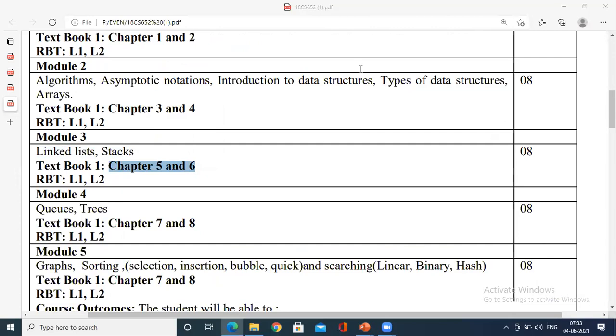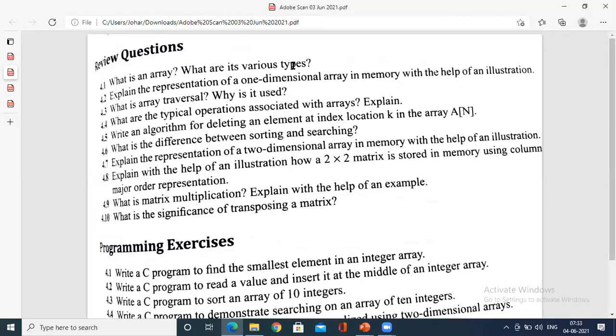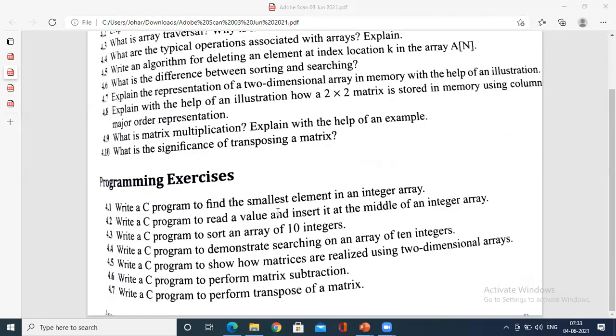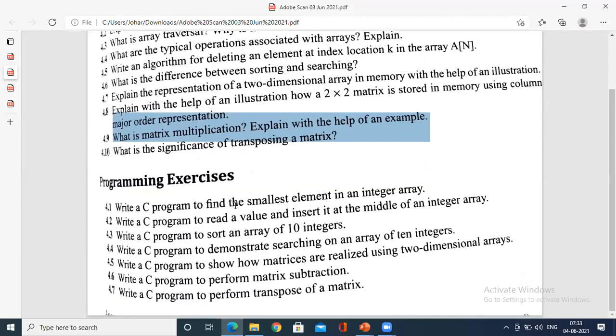Before that, I would stress you to go through a few of the questions that we have studied. I have given you the assignment also, just to go through it. Write programs, such as what is a two-dimensional array, write a program for it. For multiplications, this could be an examination question, because what is matrix multiplication. I have given this for your assignment. Please try to write it. These are all very simple programs. If you are not able to find it, I could provide the answer for it.